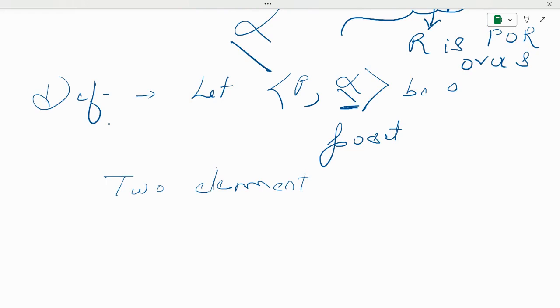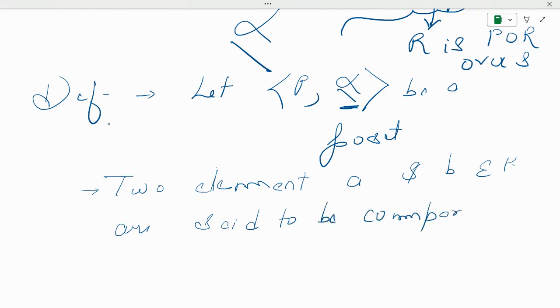So this is an operation over P. Now there are two elements, let's say A and B. So A and B belong to P and these A and B are said to be comparable. Two elements A and B are said to be comparable if